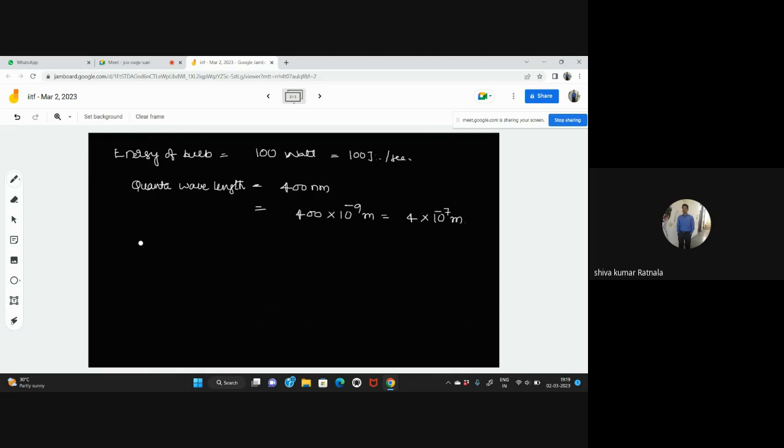Therefore, energy of one photon we know is E equal to h nu, and we know the relation c equal to nu lambda. From this, what can we write? E equal to hc upon lambda. That is E equal to h, whose value is 6.625 into 10 to the power of minus 34 joule second, into the velocity of light, 3 into 10 to the power of 8 meters per second,